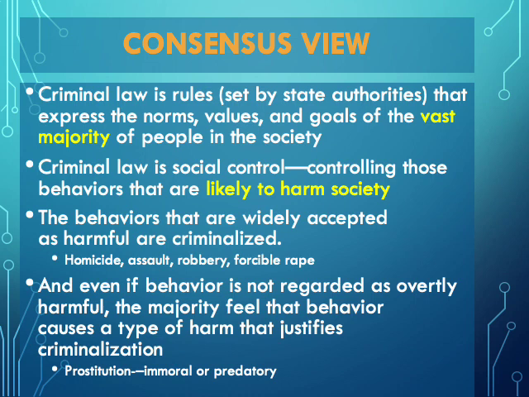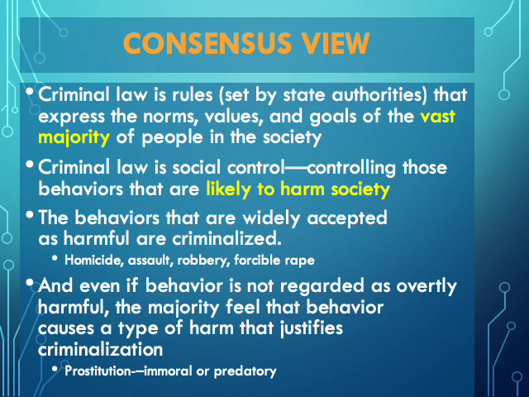And also that prostitution, while it might not be overtly harmful, can lead to predatory behaviors if we allow it. That is, people preying upon those who are perhaps most vulnerable within our society, which in and of itself could be seen as harmful, right? But I think there's a sense that people who participate as prostitutes are being used, not that they are taking their own autonomy and saying, this is what I want to do with my body and my life, right? And so those are some examples that give us an idea of how the consensus view defines crime within the United States.